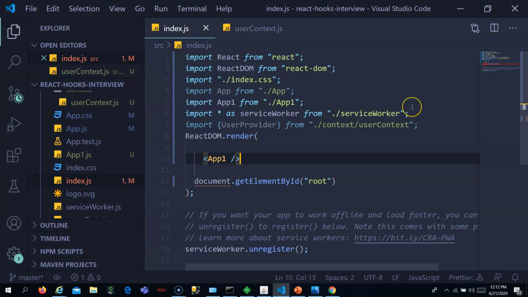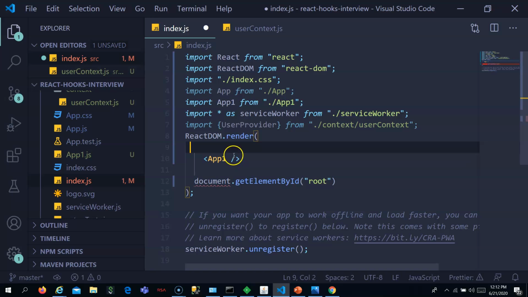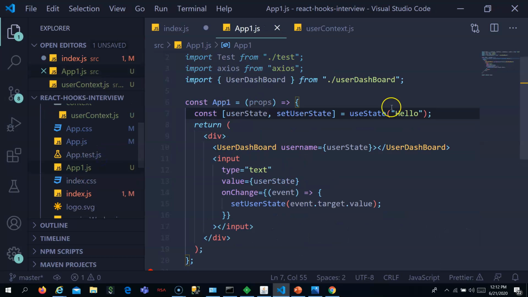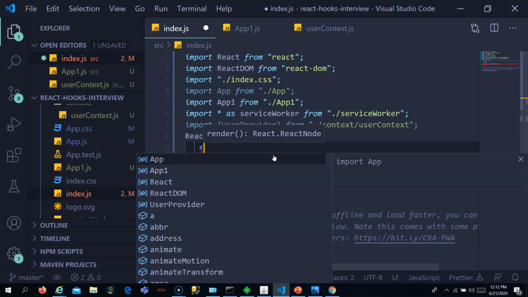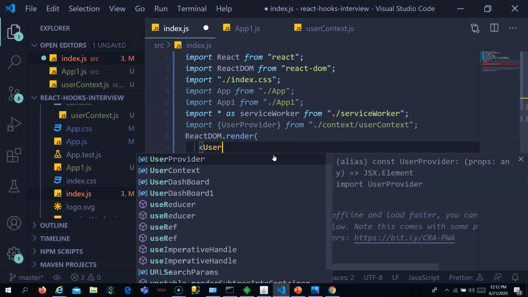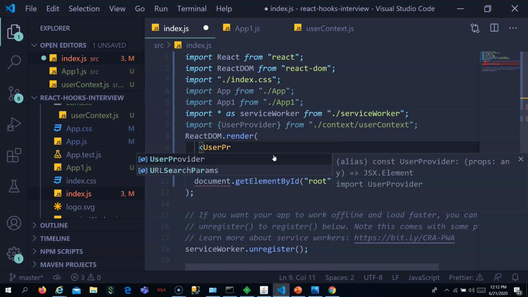Okay, and you have to put the app1. I'm saying all the components inside app1 should be able to use this context. App1 is the main component which I have. So I am putting app1 inside this user provider, which I've imported from the user context where we created that.